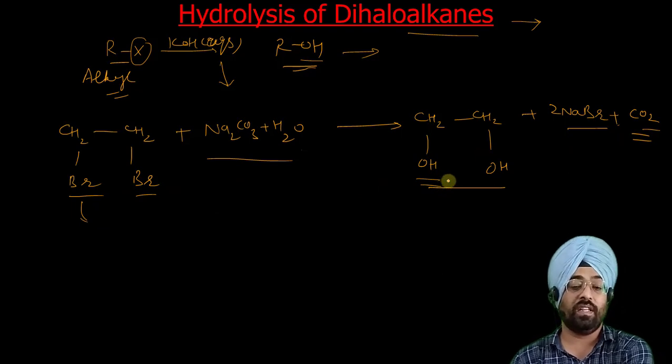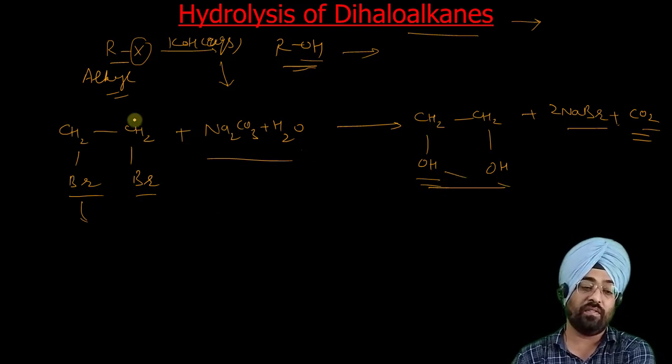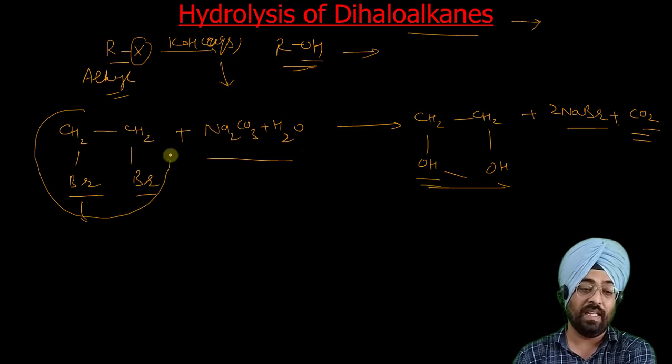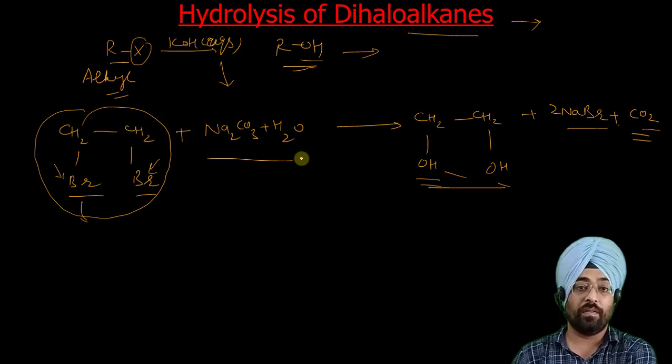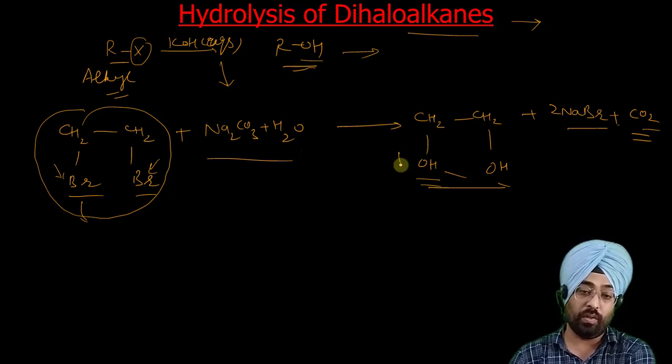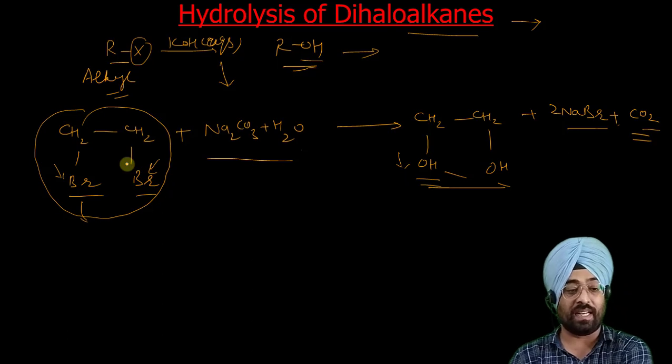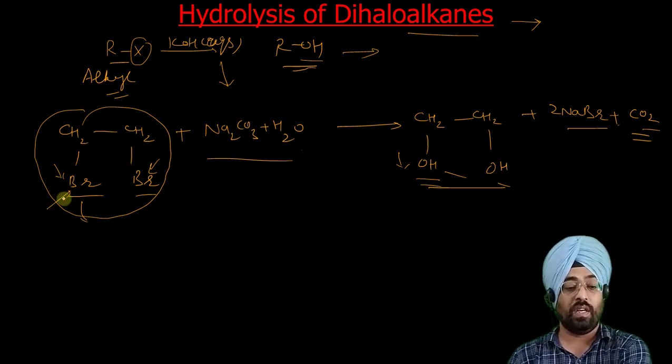But as we needed to produce two OH groups, we have chosen our reactant such that it already contains two halogen groups. That is how you plan using simple basic knowledge of various reactions of alkyl halides or many other reactions. We can plan according to our requirements. Since we needed two OH groups, we started with a reactant which already contained two halogens.